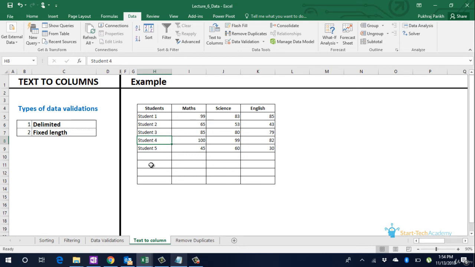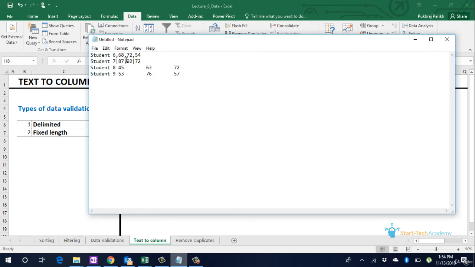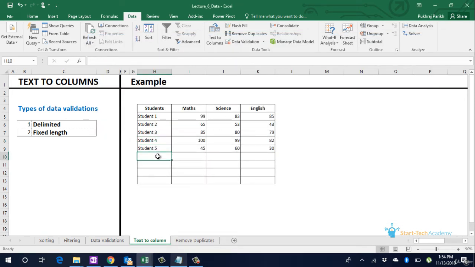Let us see how. For student 6 data in our notepad file, we can see that the data is comma separated. If we copy paste this data in our Excel sheet, this comes in one single cell. To move this data into the right cells, select this cell and go to data, select text to columns.